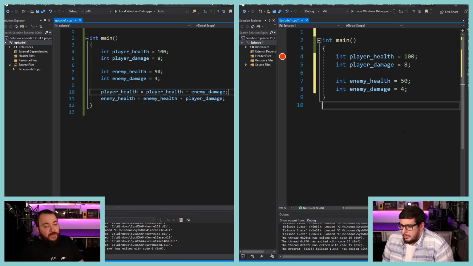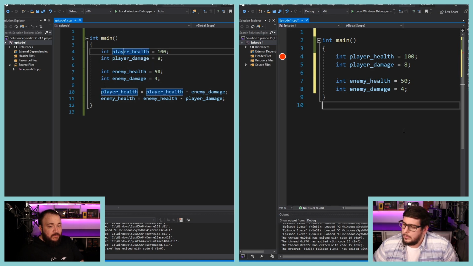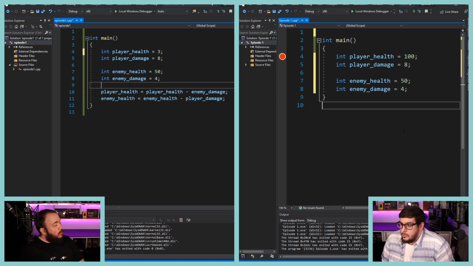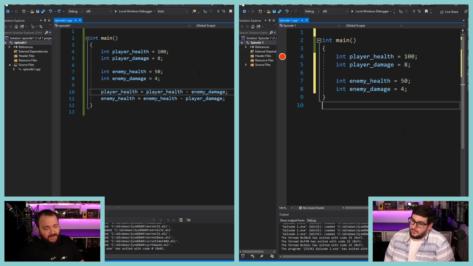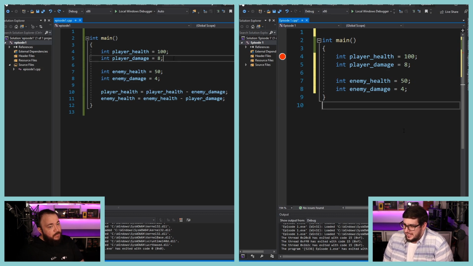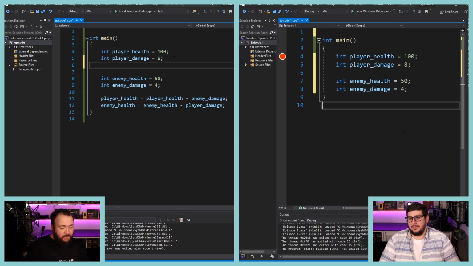Another problem is, what if the scenario isn't that we have 100 health and the enemy's doing 4 damage? Let's say that we have 3 health. We're almost dying. We'll go into negative health. We don't want that. So we need to do some check to say, if we went to negative health, we're dead, and then make is alive false. So should we have a boolean here as well? Probably. Yeah, let's do that.